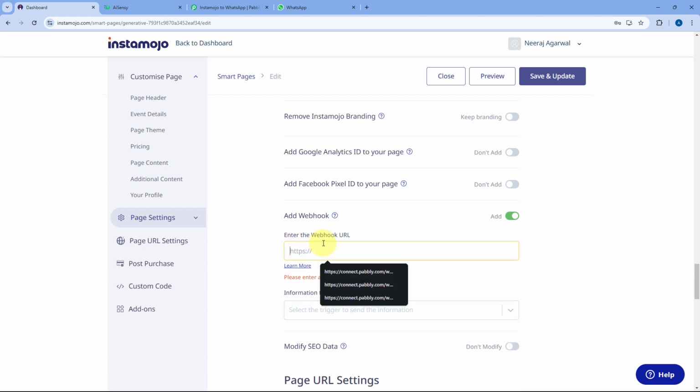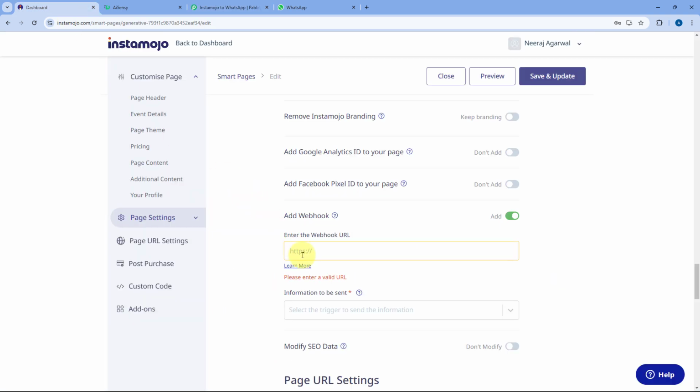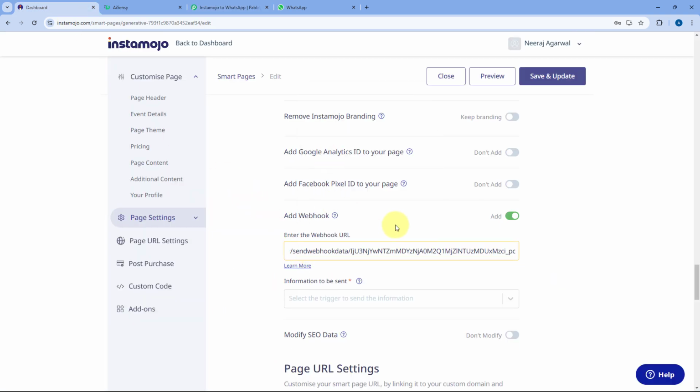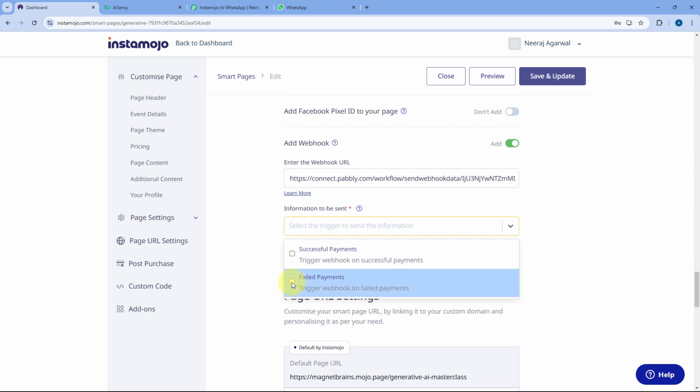And here in enter the webhook URL, we have to enter the exact same webhook URL which Pabbly Connect gave us. Just copy it from here and paste it over here. After pasting the webhook URL, it is asking us for the information to be sent. So here from the drop down, because we are setting up this webhook URL for failed payment, we will just select failed